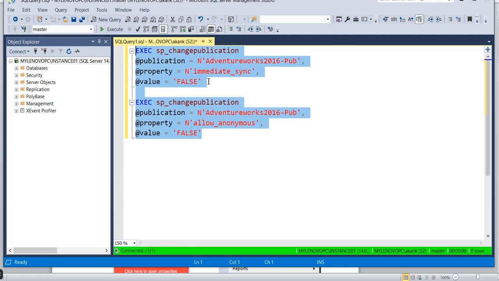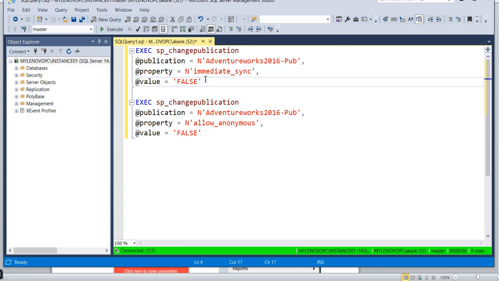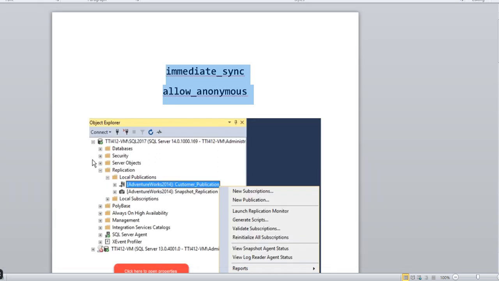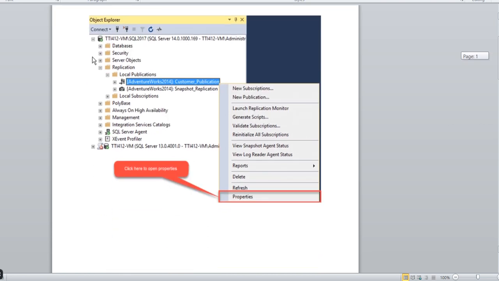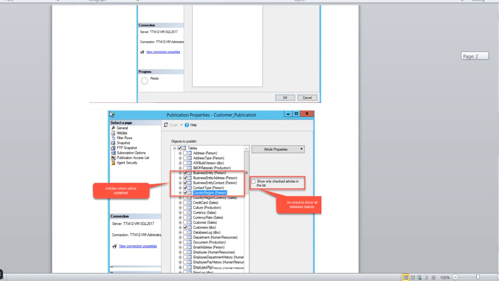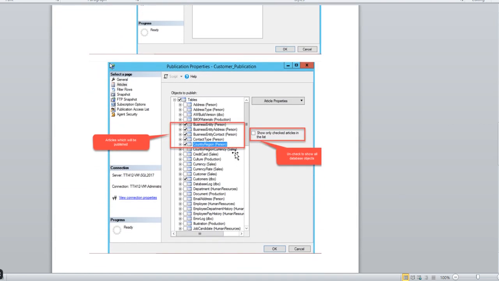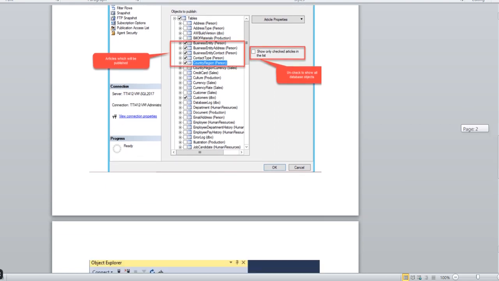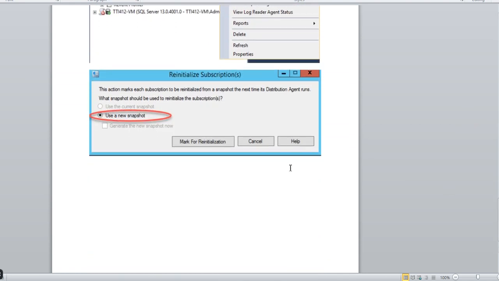It says you need to set these two parameters, immediate_sync and allow_anonymous, to false. Firstly, you need to execute them as false. Once this script is done, you can go ahead with the Management Studio approach and add the articles like this, and then reinitialize the replication and start the snapshot.